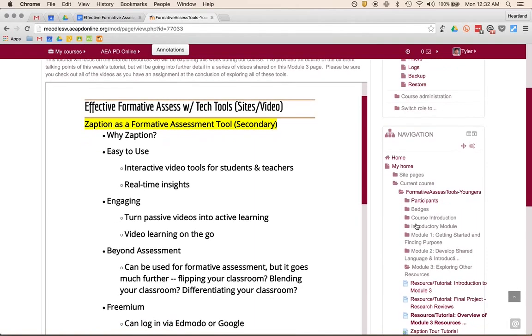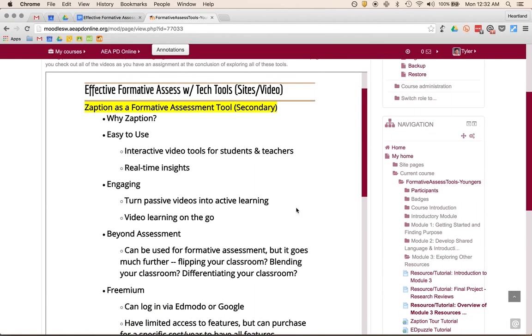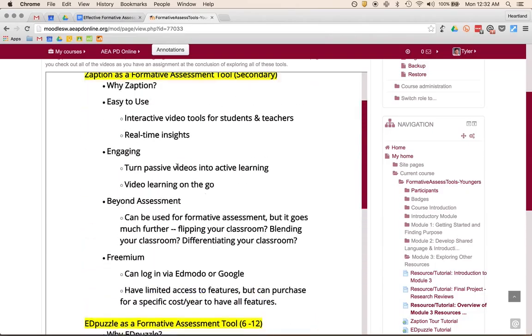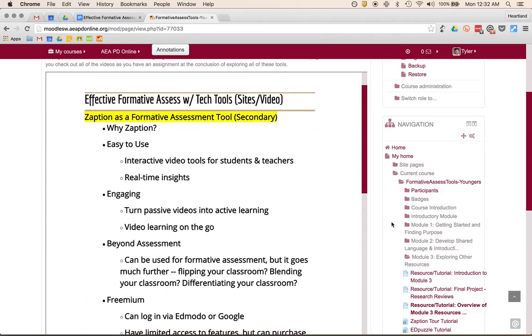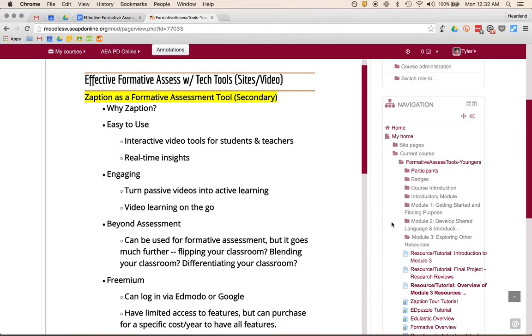So just briefly, the big two, why I focus on video here, is Zaption and Edpuzzle are our two big video-based formative assessment tools. The beauty of this is they can be used beyond formative assessment. They could be used in a flipped or blended learning classroom, and they are being used in that capacity quite a bit. I've seen Zaption videos being taught on from anything from copyright, which you could use at a school-wide,